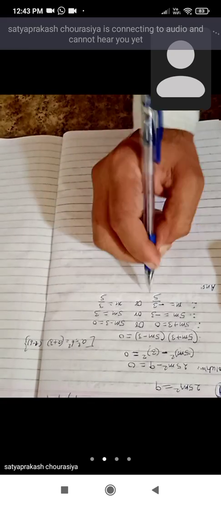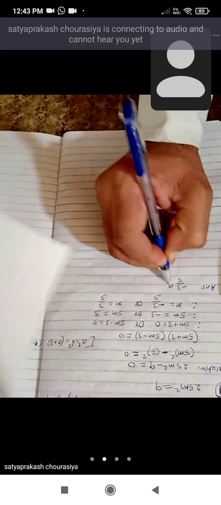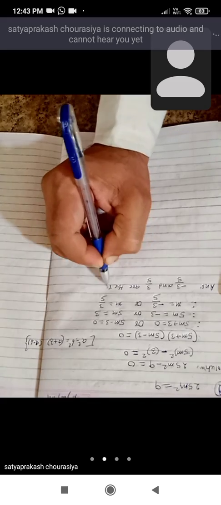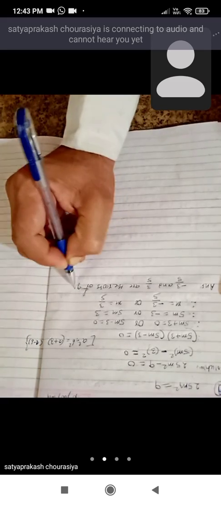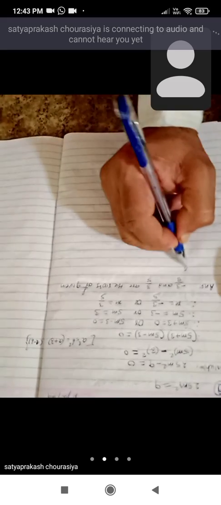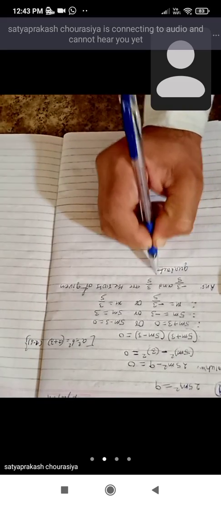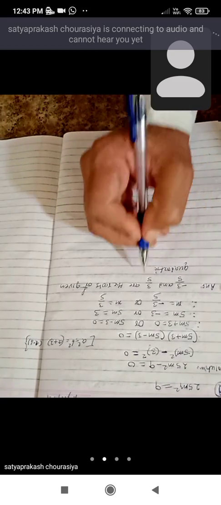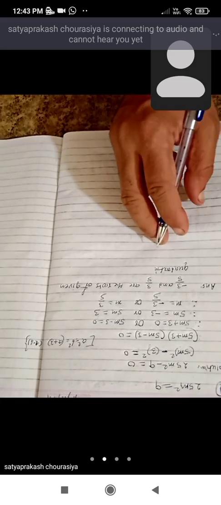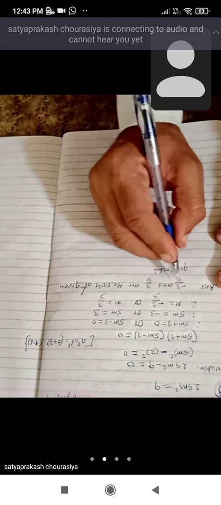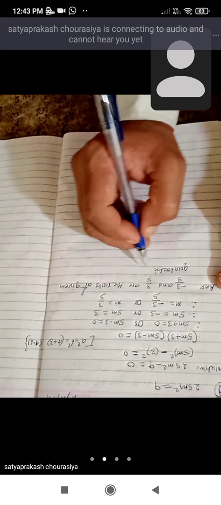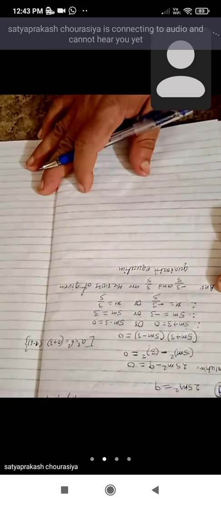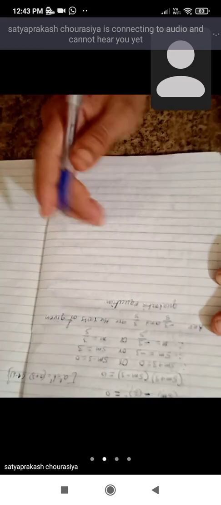Now see the answer: minus 3 upon 5 and 3 upon 5 are the roots of the given quadratic equation. Now check whether the roots are equal or not equal. So here see, minus 3 upon 5 and 3 upon 5, so the signs are different. So that's why these two roots are not equal. Minus 3 upon 5 and 3 upon 5 are the roots of the given quadratic equation and the roots are not equal. Remember this. यहाँ पे root equal नहीं है. Now the question number 11.